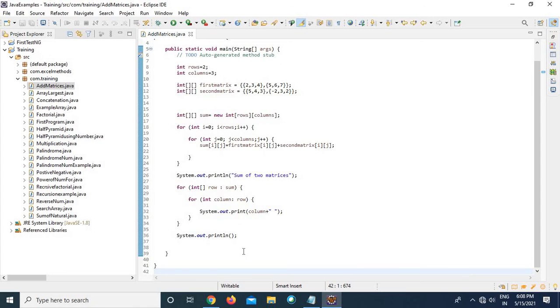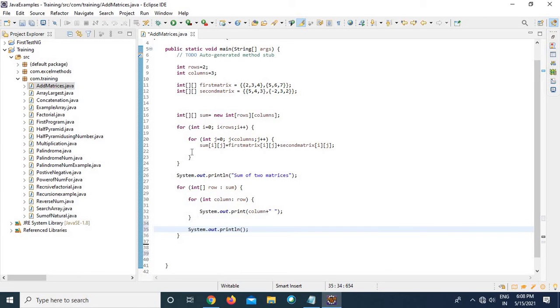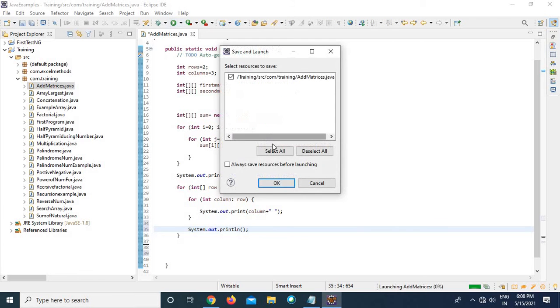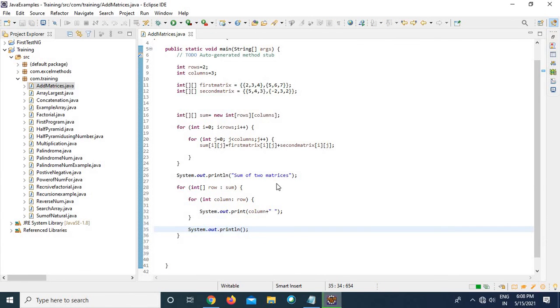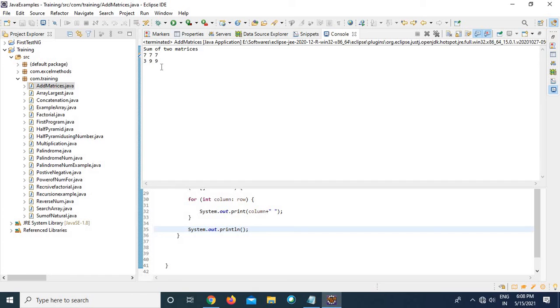So I wanted to take this here, and println should be here. Now if you run this program, just see what is going to happen. See here, 777, 399. However the addition we have done, the same thing has been displayed. So this is how you will write a program to add two matrices.